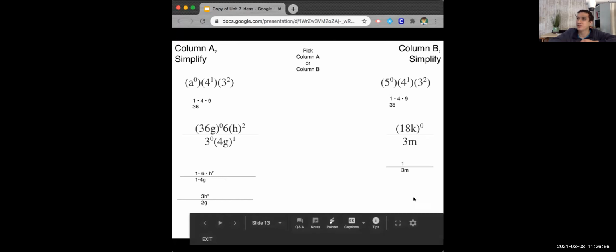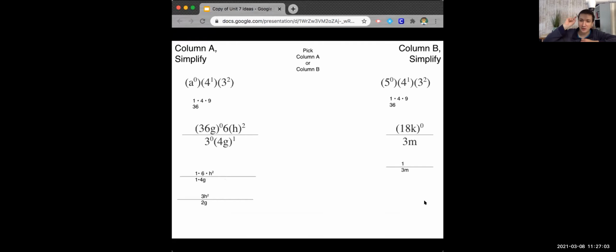Okay, we're going to go on. So we've talked about positive exponents. We've talked about negative bases. We've talked about 0 exponents. What we haven't talked about are negative